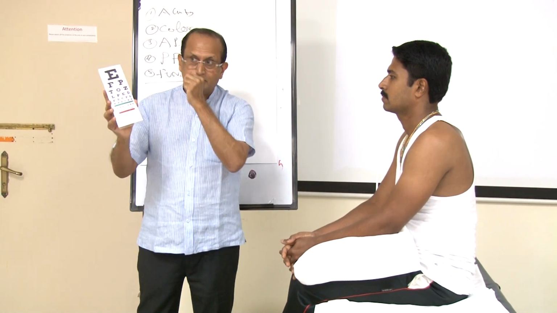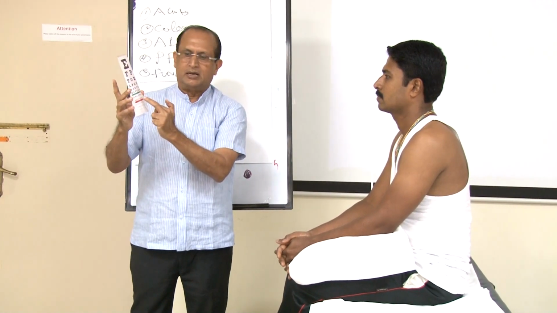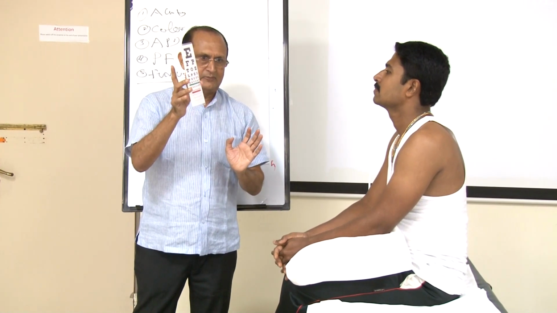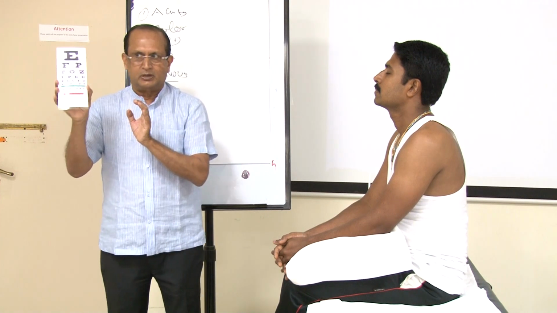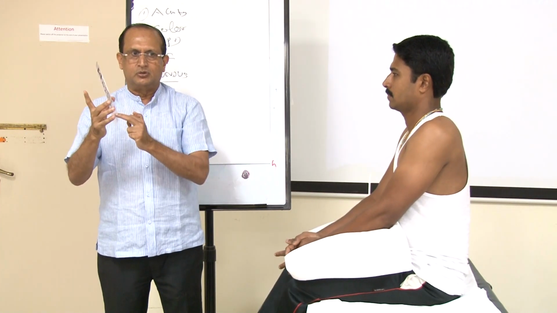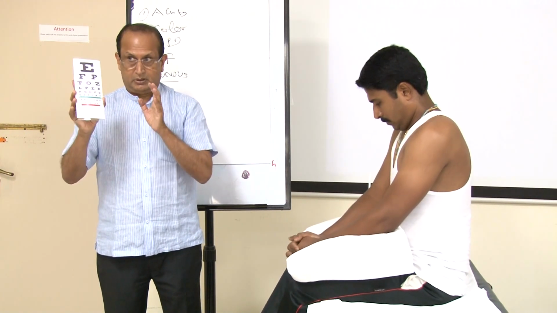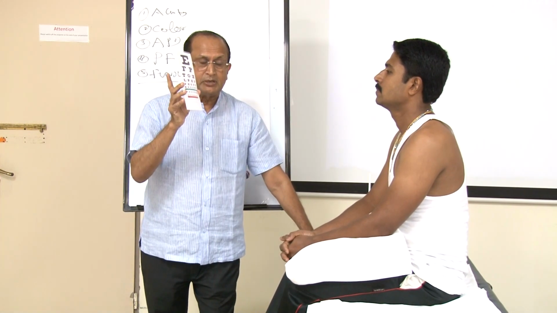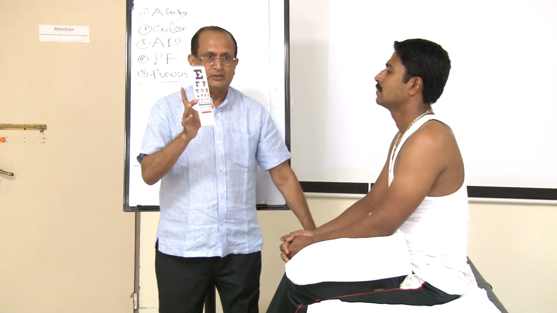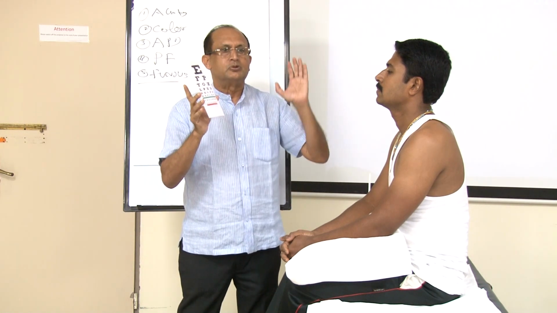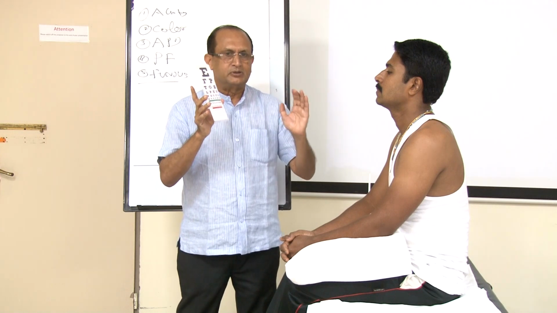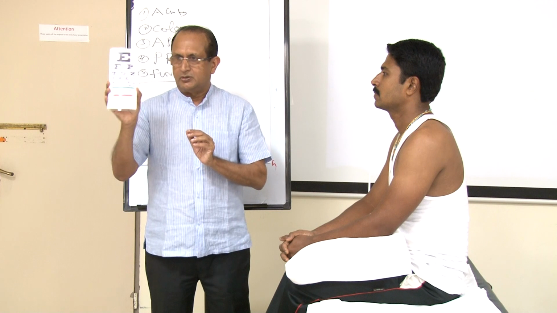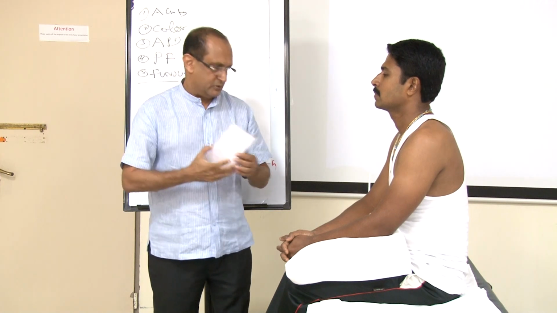And at the same time, you should look for the color vision. Ask him to recognize these 2 colors, either green or red. So with this pocket Snellen chart, color vision and acuity can be finished. And you should always remember, when the patient has got an acquired color blindness, that is suggestive of an optic neuropathy, and 100% the patient will have a lesion anterior to the optic chiasma. So that is the importance of the acuity of vision and color vision.